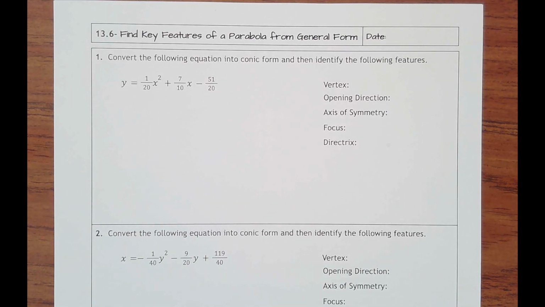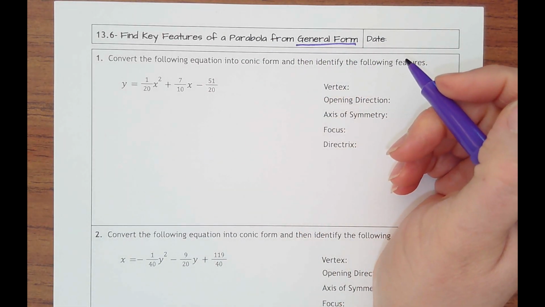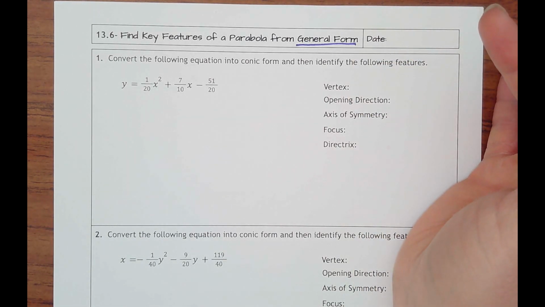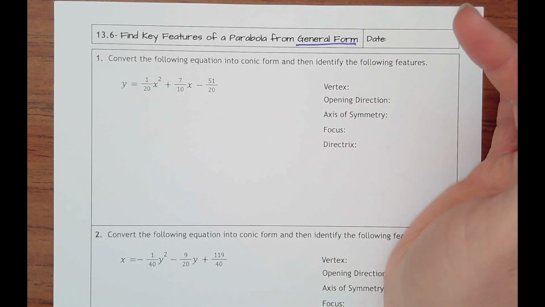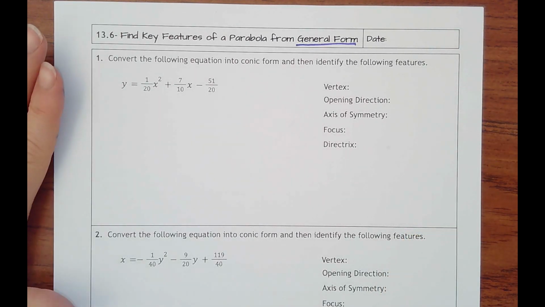Lesson 13.6, finding key features of a parabola from general form. So remember, general form doesn't tell us anything about it. It's kind of like a standard form. It doesn't have parentheses. We can't see where our vertex is at or anything like that. So we have to try to fix it by doing some kind of completing the square like we did with